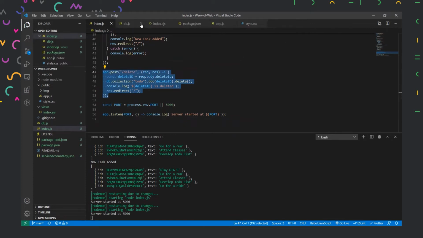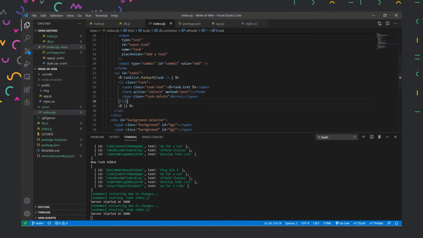Now let us implement this in our front end as well. So let us go to index.ejs, and inside index.ejs we have to create a form now which will create a post request. So that part is done over here, and inside this form we will just put this span over here directly, and this span will have, instead of cross simply as a text, we'll create it as an input.